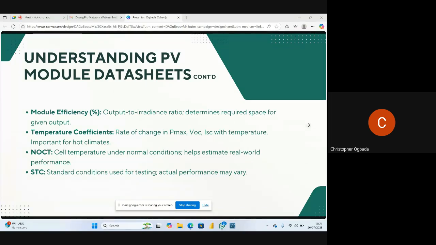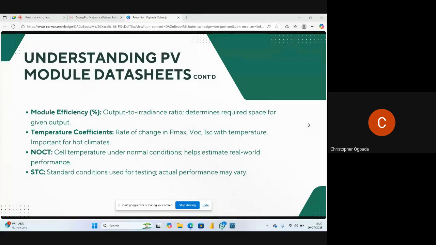So that gives you the output to irradiance ratio. We'll actually look at the irradiance as we progress as well. So you'll be able to know what you are expecting to get from your solar panel at a particular temperature, right? So, temperature coefficient, because